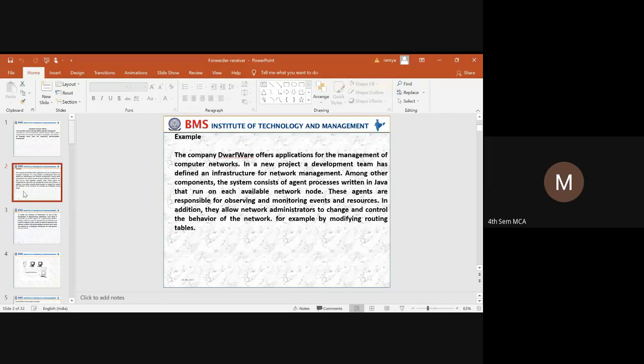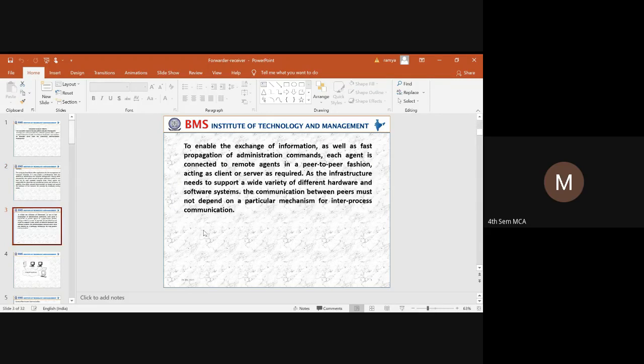To maintain this, an agent will be created, and those agent processes will be written in Java to have access to or to run over a network node. Those nodes will be identified based on the resources that are available. To enable the exchange of information over a network, we use an agent.